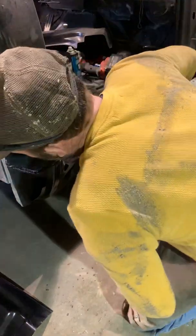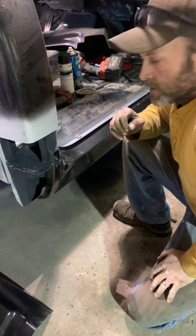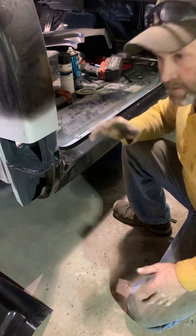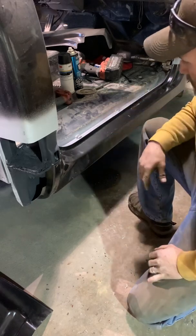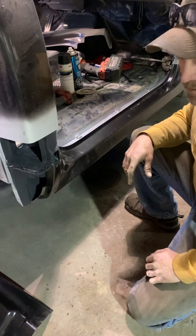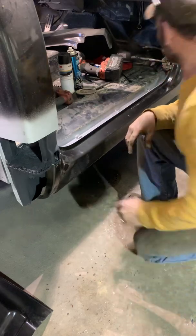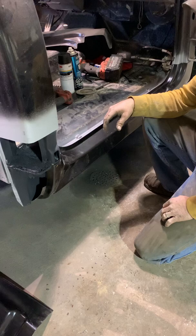So we're back with our '94 Chevy that we did the engine swap in. Now we're going to do the body work. So I thought maybe some of you guys are thinking about doing your own restoration, rockers, cab corners. It might be a little scary to some people, but I thought I'd at least show you just in case you want to do it